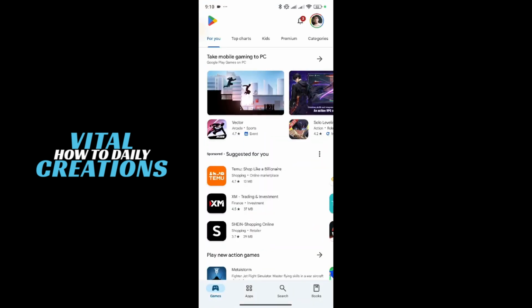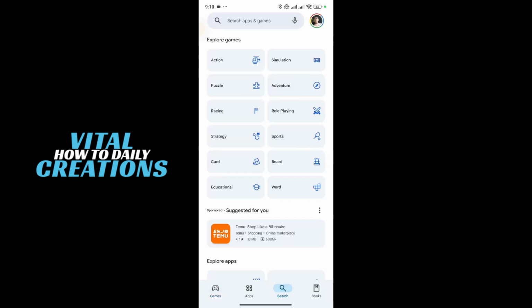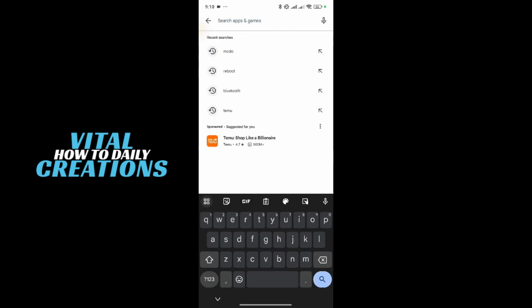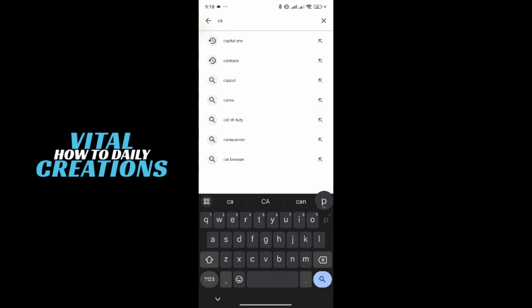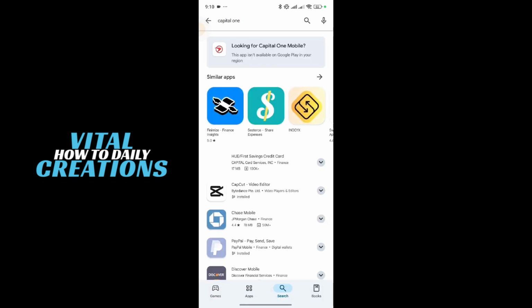So to start, open the App Store for iPhone users or Google Play Store for Android users on your smartphone. And in the search bar, type Capital One Mobile and look for the official app developed by Capital One Services LLC. Verify the app by checking the reviews and ratings, and once confirmed, tap download or install and wait for